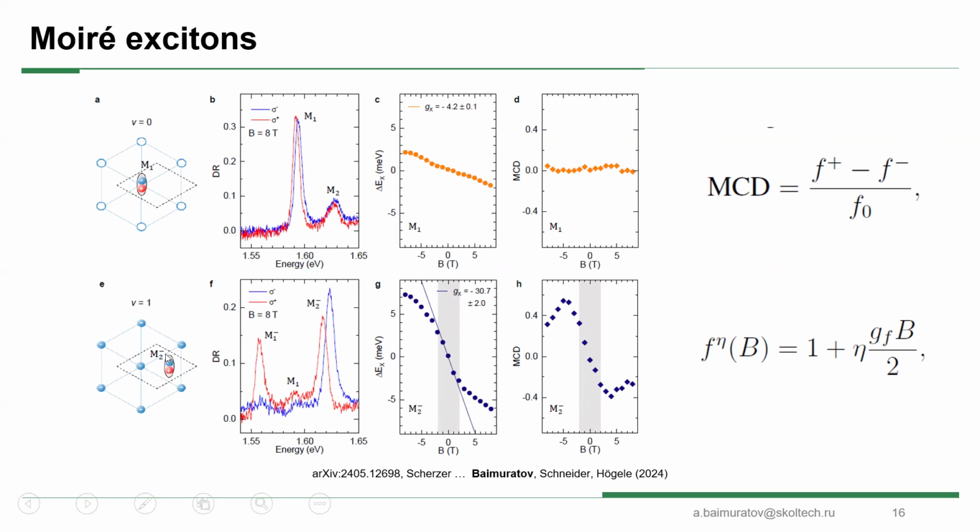And when we measure the G factor of M2 minus, we have a G factor of -30. This happens because now we have an additional part of the G factor from this electron lattice. When you apply a magnetic field, for small fields, first you polarize your electrons, you have spin polarization, and you have a magnetization of your lattice of electrons. It's effectively just an additional magnetic field for small fields.